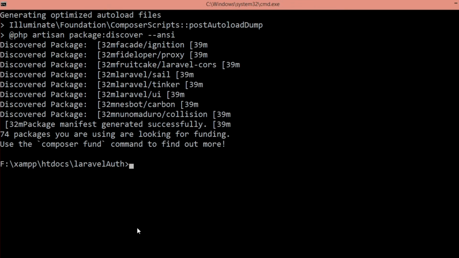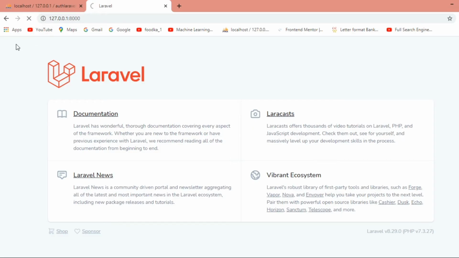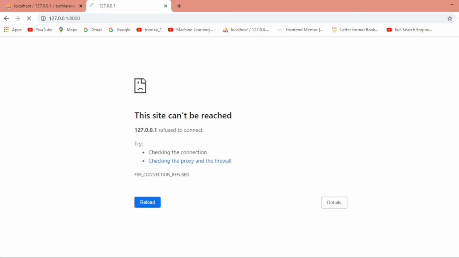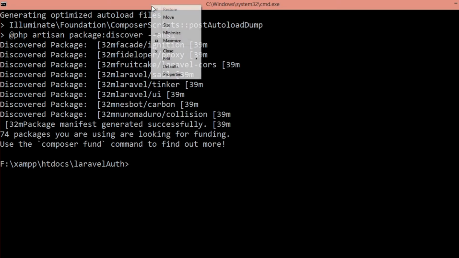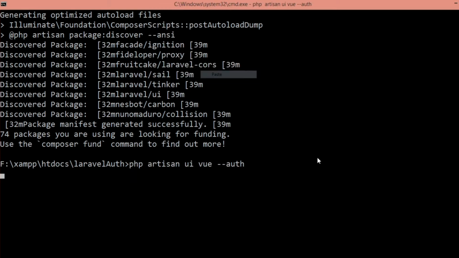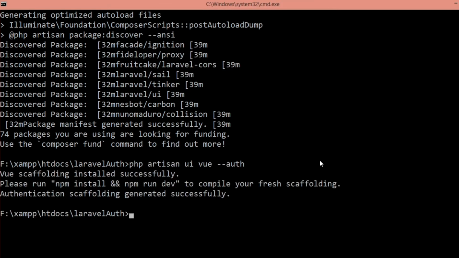Okay, it is done. Now let us first refresh this. Okay, I have not used php artisan serve, and another thing is that we have to implement auth, php artisan ui vue --auth.